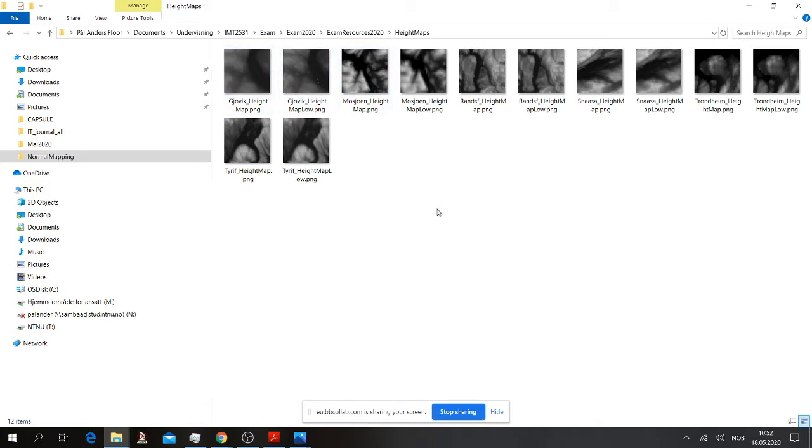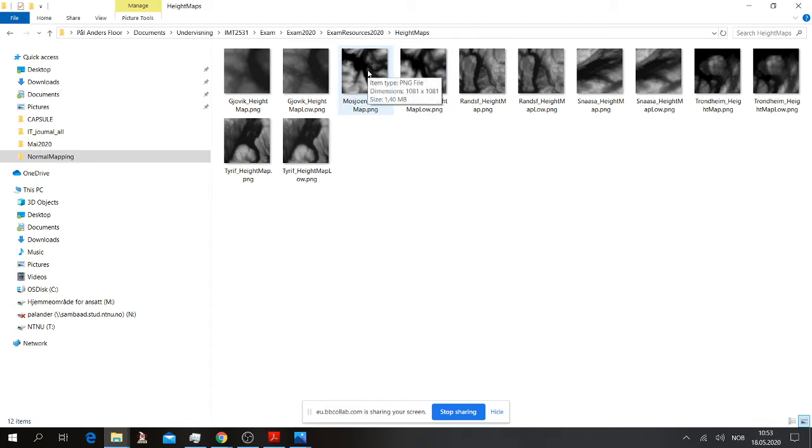Now the point here is, if your solution is a bit low poly and those sort of things, it doesn't really matter that much. What matters is that it's composed and that you have addressed all the tasks. We shouldn't penalize you for your computer or those sort of things. So the important thing is that you make this run and work. So just pick one of these, either in high or low resolution.